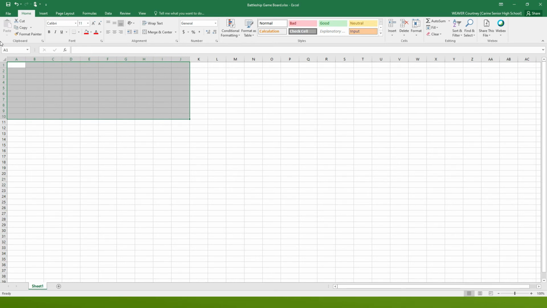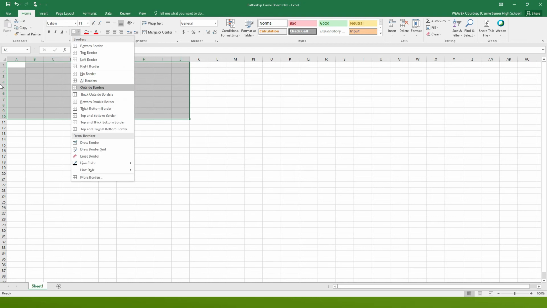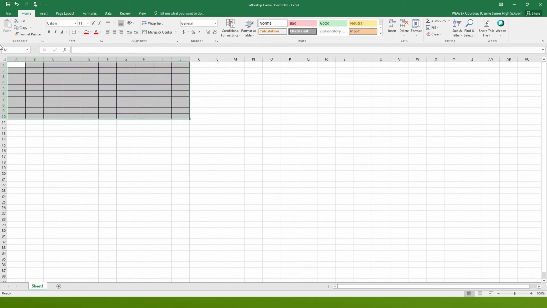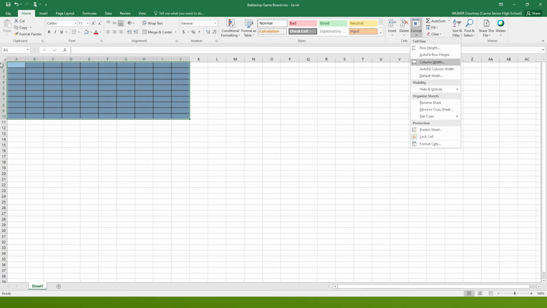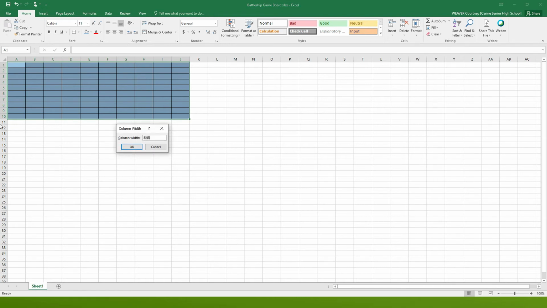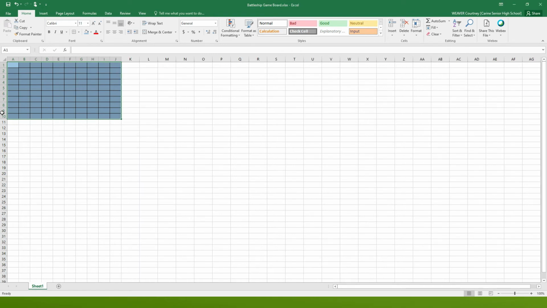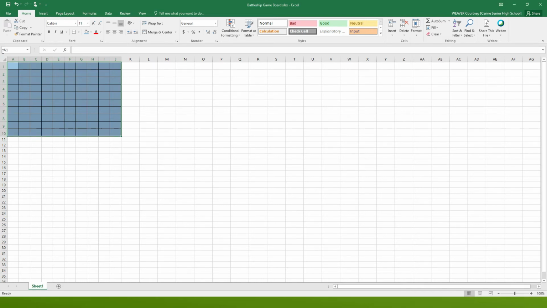And I'm going to create a border. I'm going to colour it in the colour of the ocean, blue. I'm now going to go to the format here, and I'm going to make the column width 5, and the row height is going to be 20. That looks pretty nice. I'm now going to type in my ships,